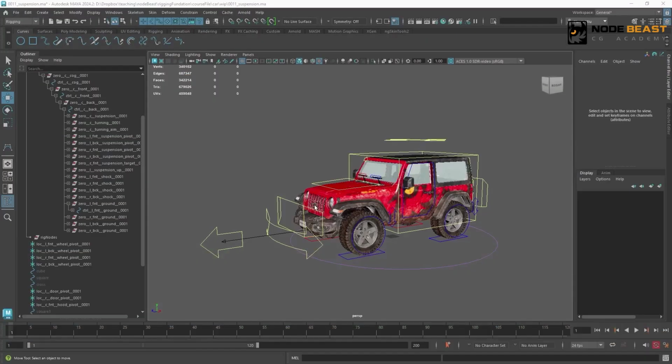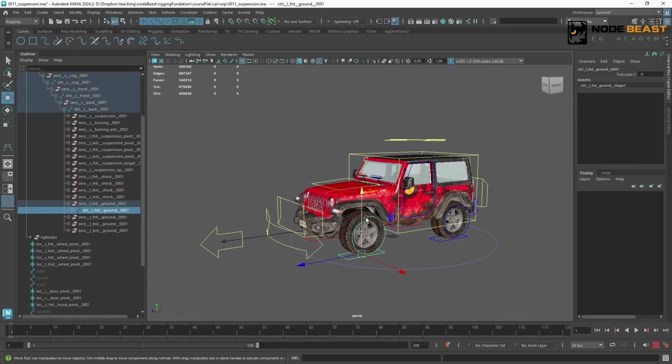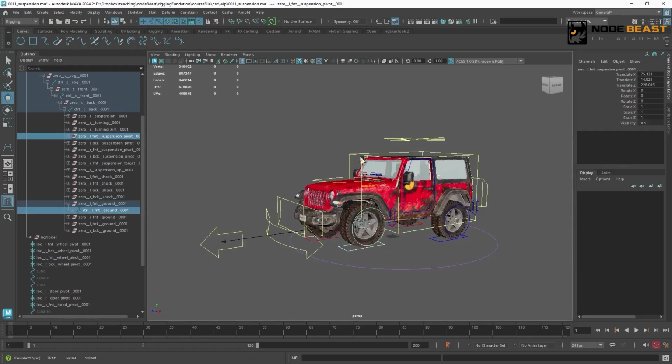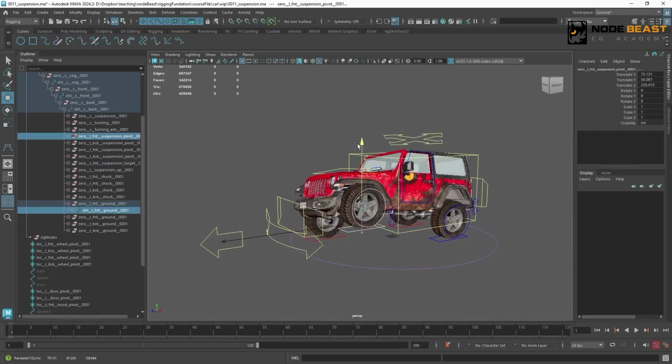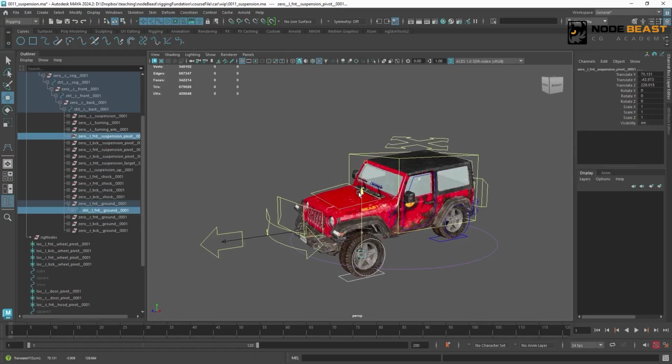Let's return to our rig file. Let's start adding this linked effect to our rig. This is about using the controller that moves the wheel up and down and the corresponding locator that lifts the car body to create this linked effect. For example, if I select the controller and select the 0 group above the locator, and we move them together, we'll find this is the behavior we want.